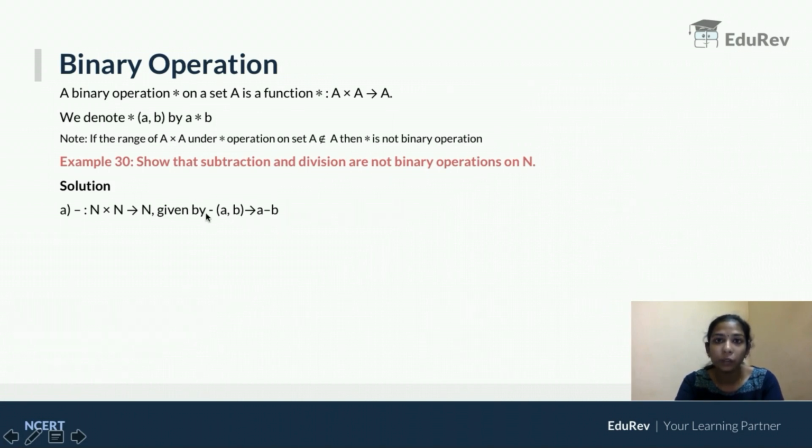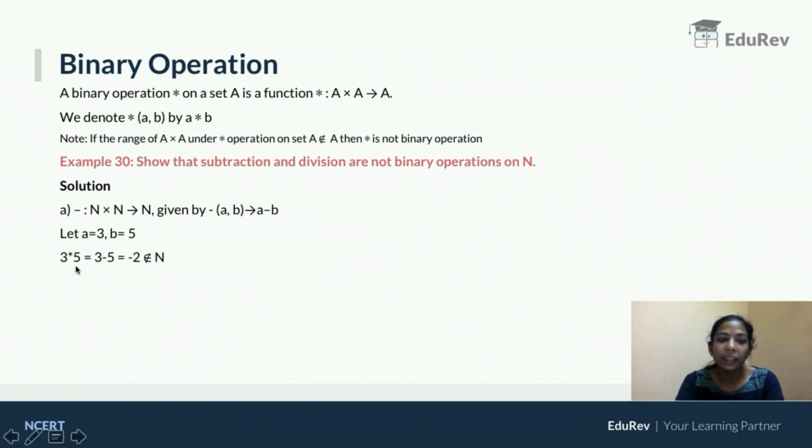This is not minus of A comma B, okay? It's not minus A minus B. Here I am performing minus on the ordered pair A comma B. That is what this represents. Don't get confused between the regular terms and the binary operation terms. I am assuming A is equal to 3 and B is equal to 5. And we know both of them are natural numbers.